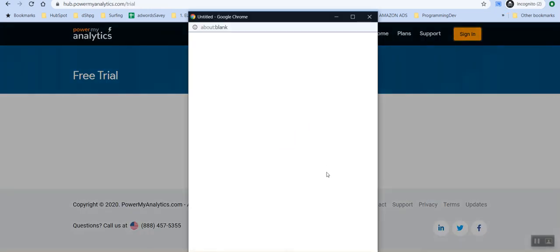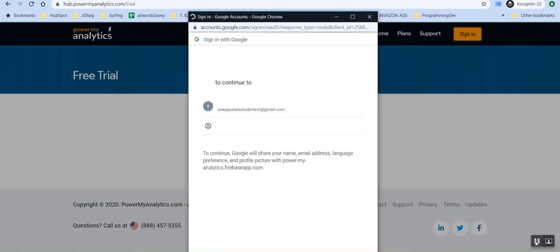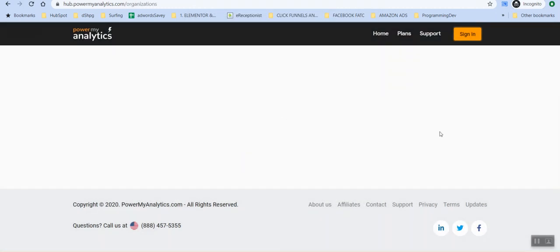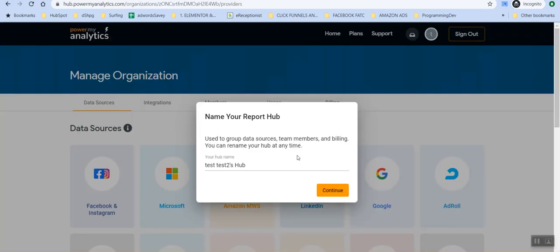So you can just sign in here with Google. This is a test account for Data Studio. We just set up a test account that's different to our own, just for the purposes of doing this demo. Okay, when you go in, you'll be prompted as it loads to set up a test for your hub. So we'll just call this one BBC Test Data Studio account